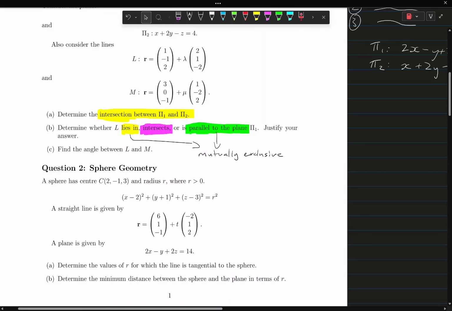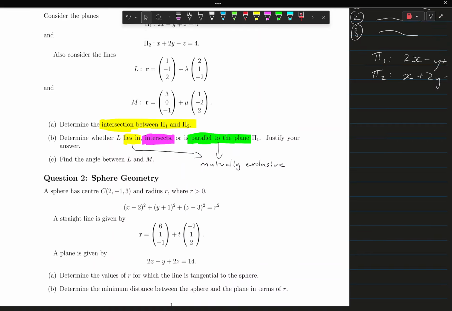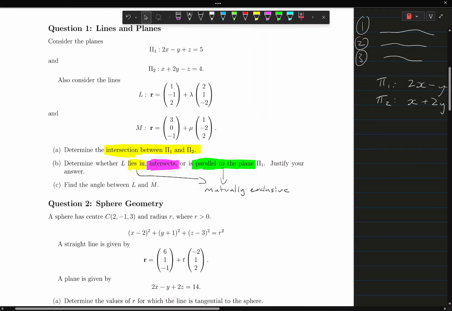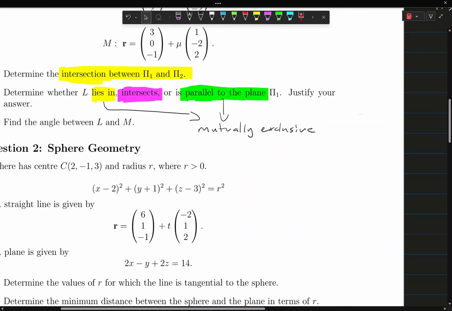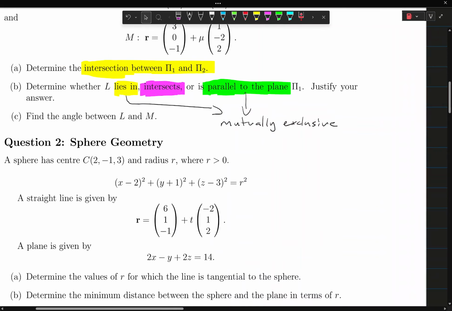The plane in its current form is basically the same as vector form, and representing it in vector form won't necessarily make it easier to see if the line fits in it. But anyways, L lying in the plane